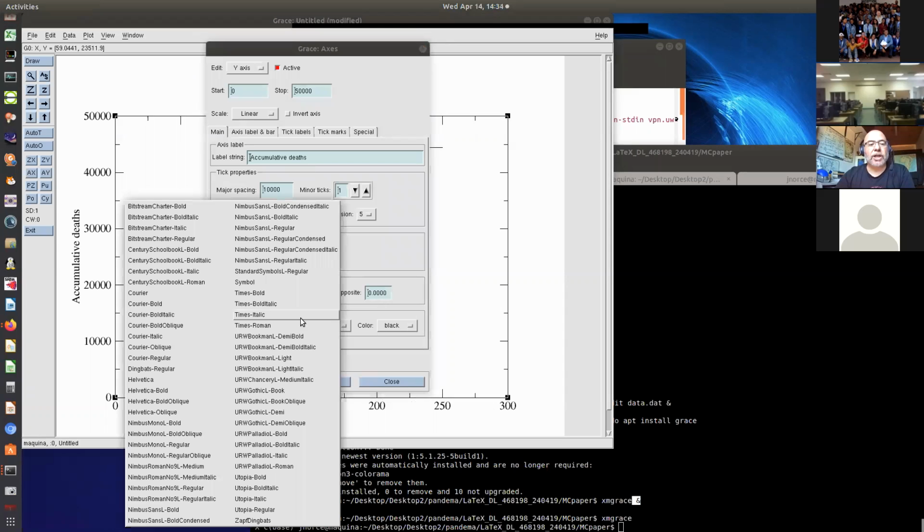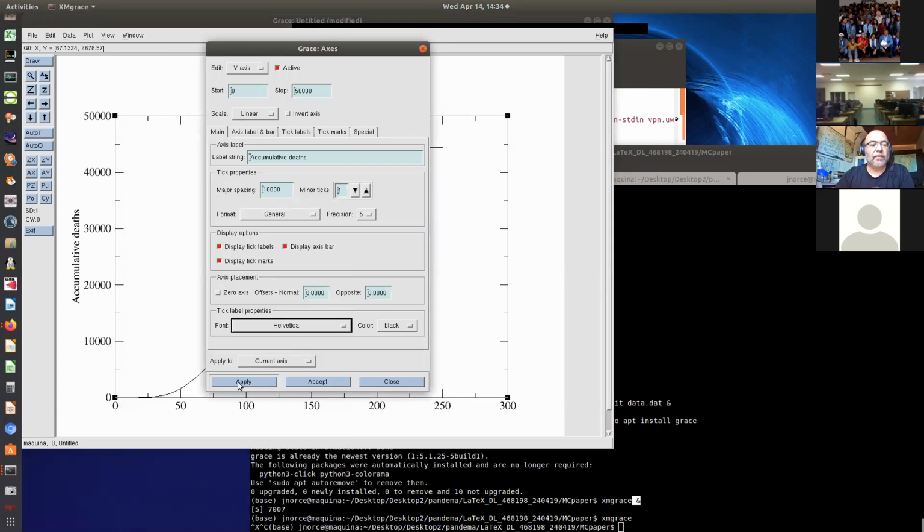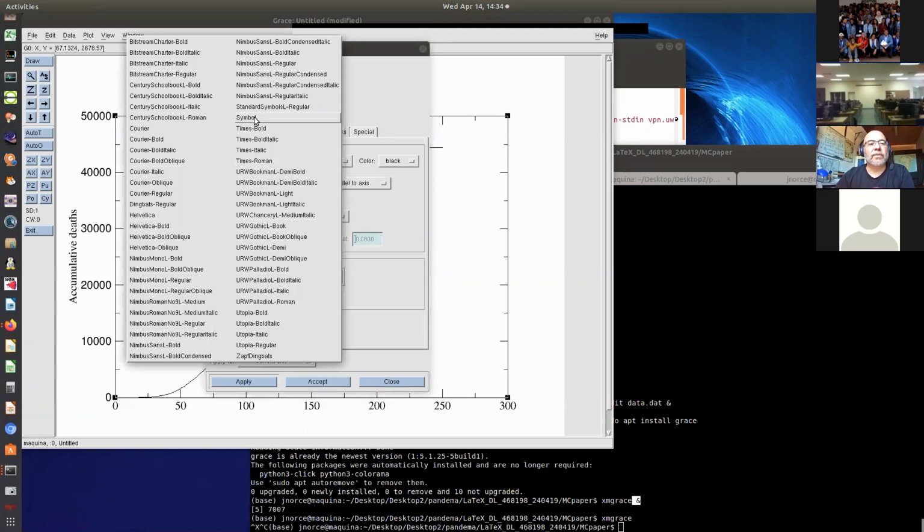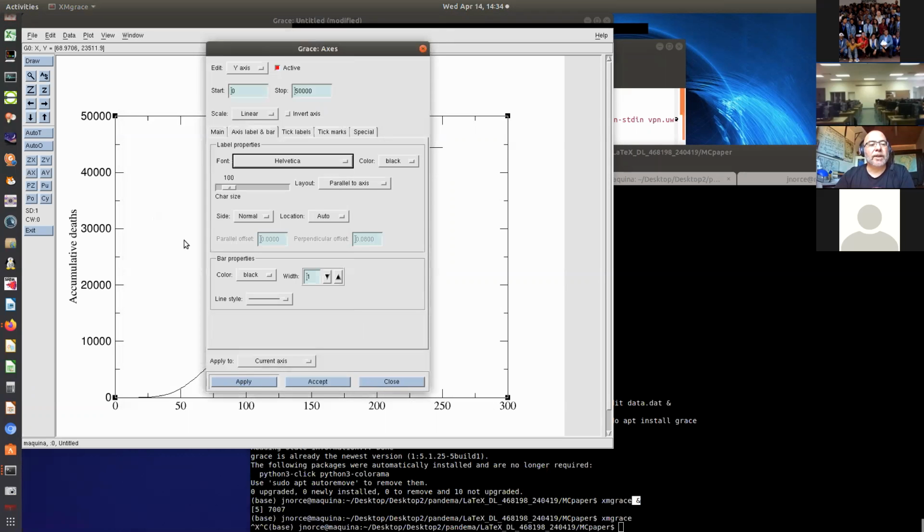We can change this to whatever font we want. I like the Helvetica, but it doesn't need to be. We can adjust this spacing from here. We click here, and instead of auto, you specify it, and you can move this away from the numbers. As you can see, we can make this a little bit bigger. Normally, for editorial purposes, when you write a publication, this is generally around 200. I use